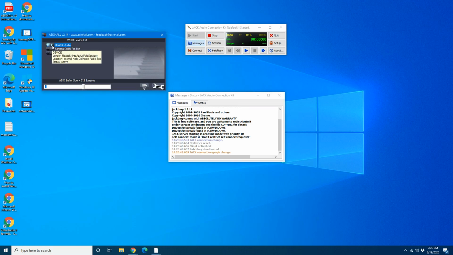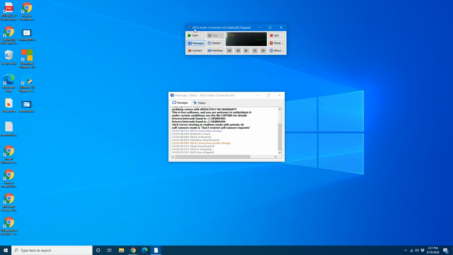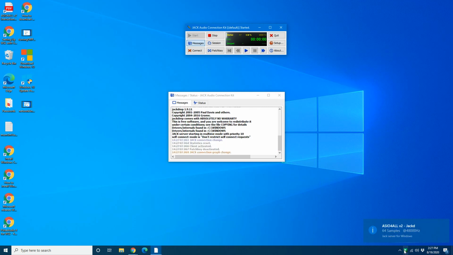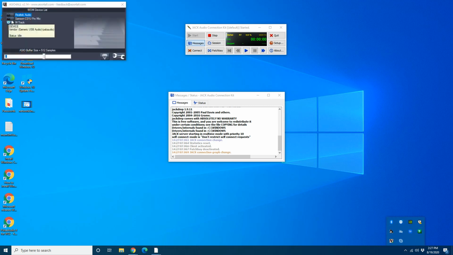So what we want to do is select M-Track with the left button there, which is like a power button. And then we're going to do something that causes M-Track to become available with that right arrow. And that is just to stop and start Jack Audio Connection Kit. And then we go back and we bring up the ASIO4ALL in the taskbar. And we'll notice that the arrow there is the M-Track device. So that's what we want. All right. And then once that's there,